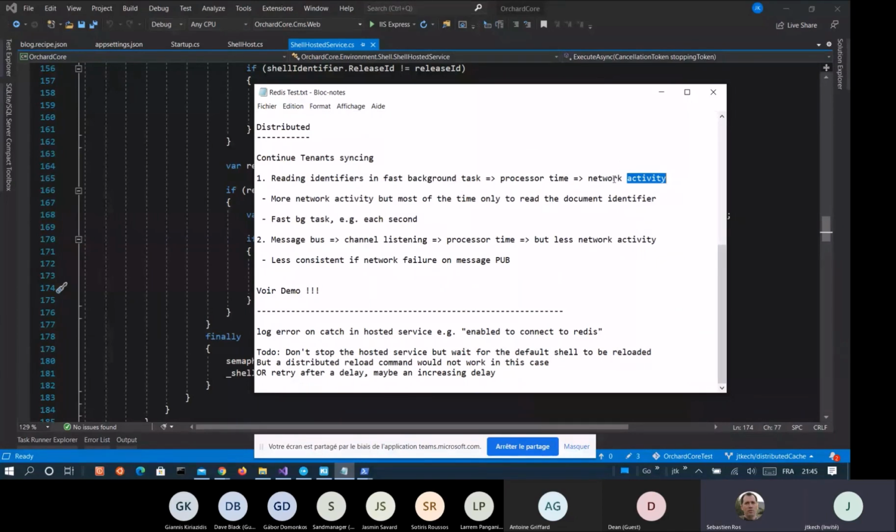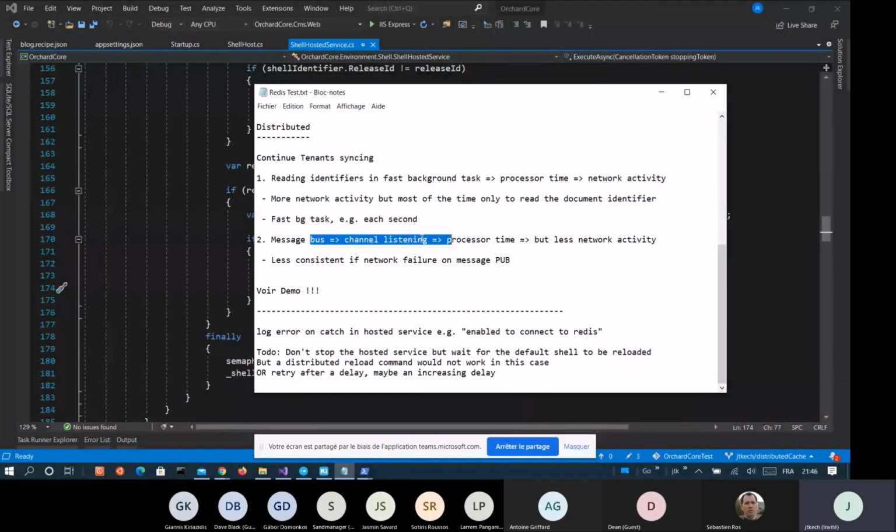Each host is requesting Redis to check if there is a new tenant like this. Okay, interesting. With message bus, I did a little quick comparison. I think as we do here there is more network activity, but we just read the document identifier each second.